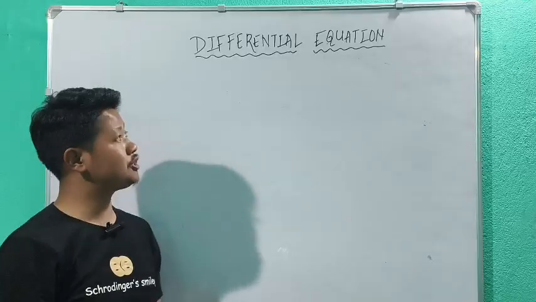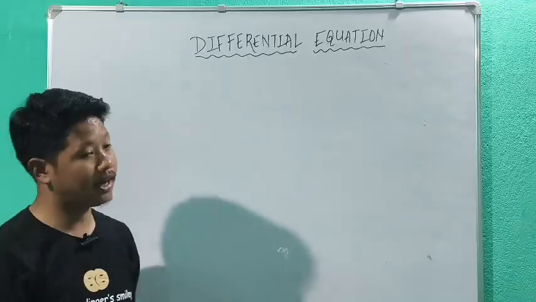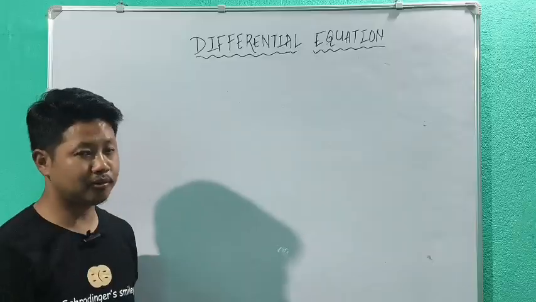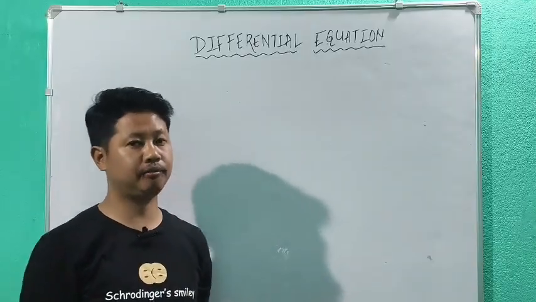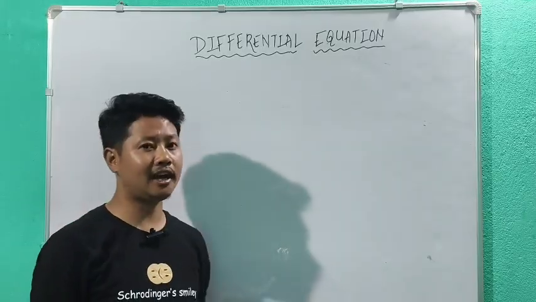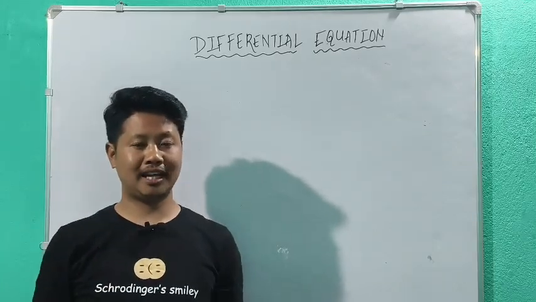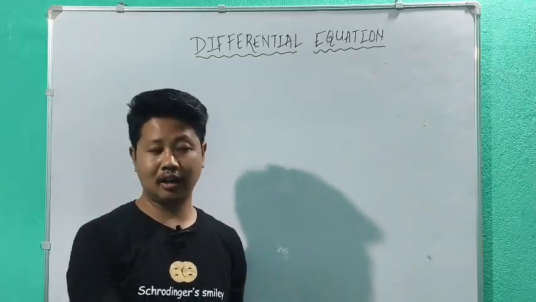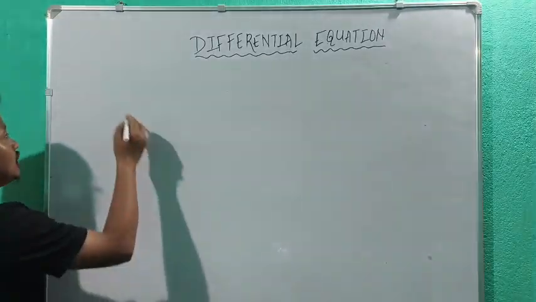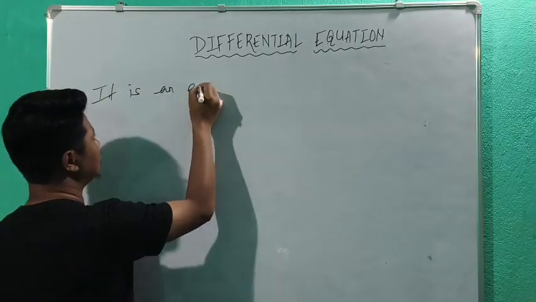Next is the differential equation. Let us discuss now what a differential equation is. When we sum up this equation and the dependent and independent variables, we get the differential equation. I can define a differential equation as an equation containing the dependent variable and the independent variable, with derivatives of the dependent variable with respect to the independent variable. So it is an equation